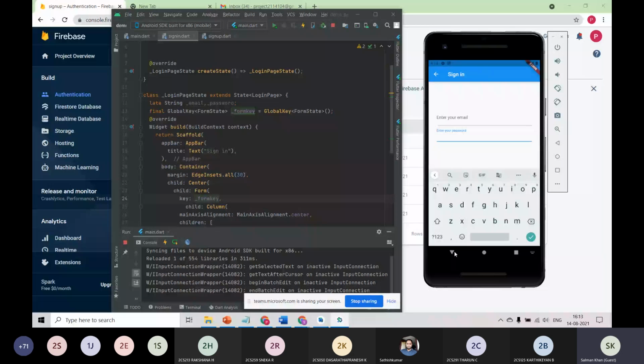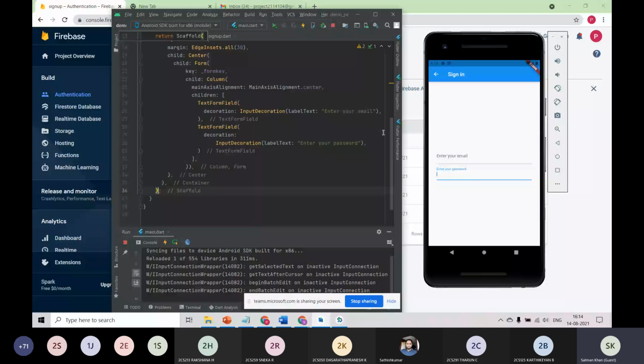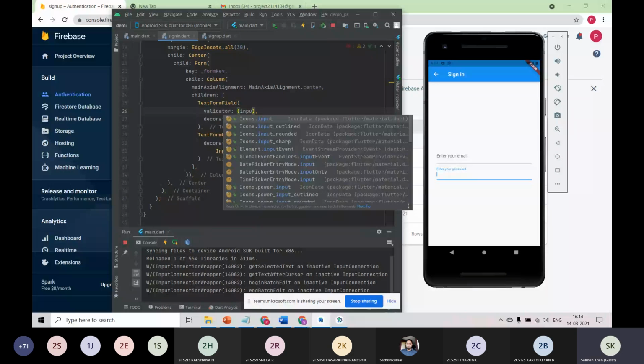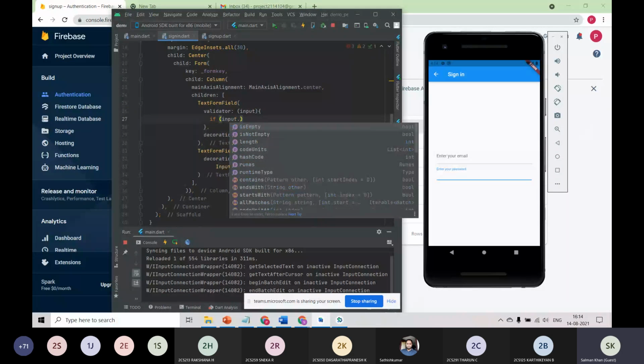For example, if your email should contain gmail.com, you can mention it here, as this also provides a validator. And I can mention if input dot contains